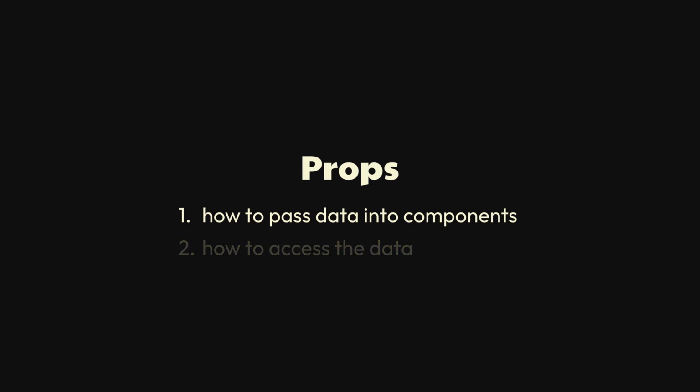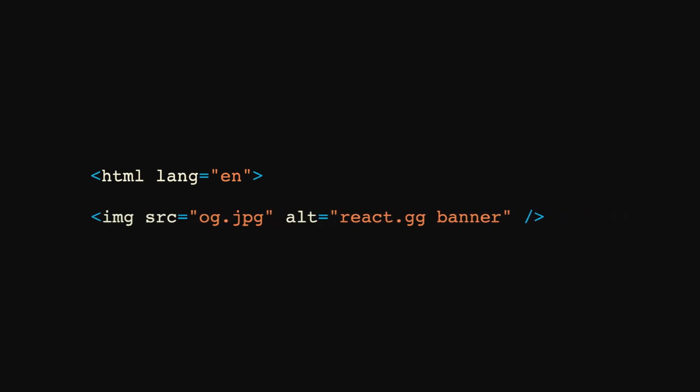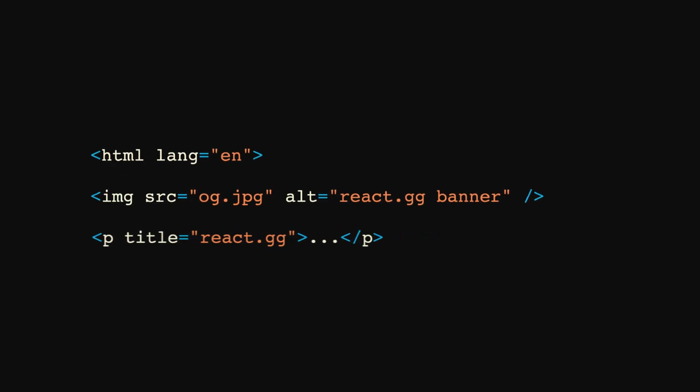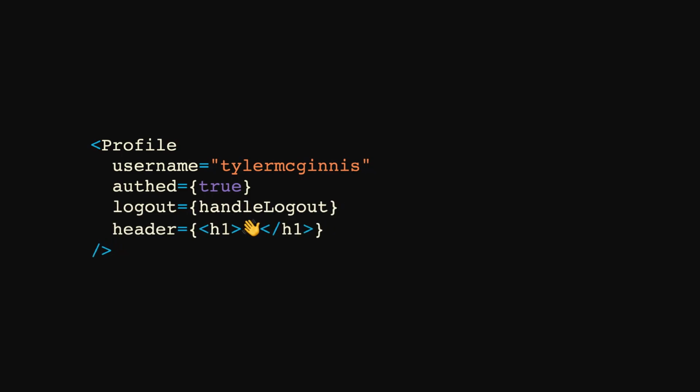Passing data into components should feel pretty natural because you've been doing something similar ever since you learned HTML. You pass data to a React component the same way you'd set an attribute on an HTML element. Here, we're passing in a name prop to the hello component. It's important to note that we're not limited to passing just strings as props. Just like we can pass functions or any other value as arguments, so too can we pass any value as